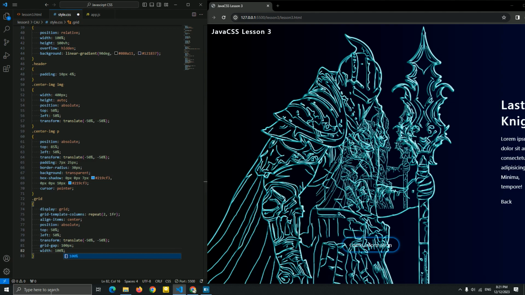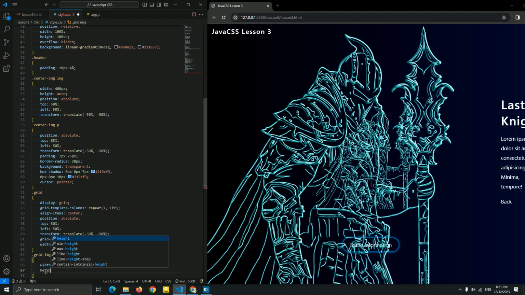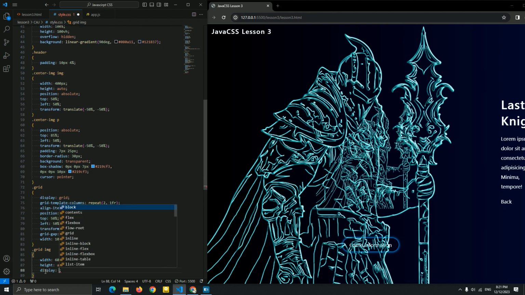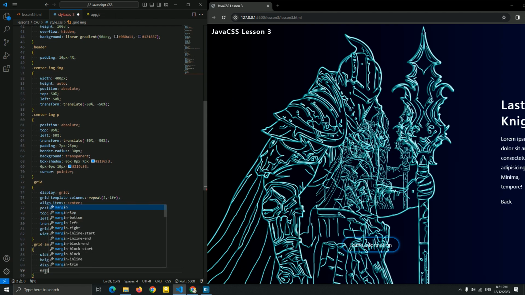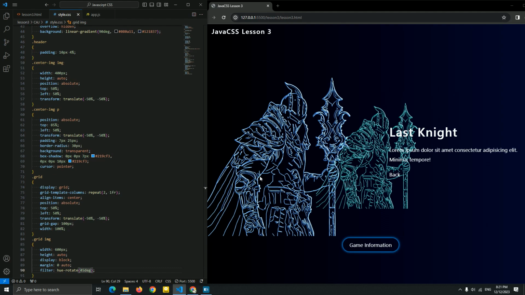Now let me just style this image. Let me add the width 600 pixel, height 92, okay, display block, and the margin 0. Align items be a center instead of that. And let me add a filter. The color of the image should be the same as this background, so I'm gonna add a filter hue rotate, and I'm gonna add 45 degree. Yeah, this color is good. And let me add the border radius